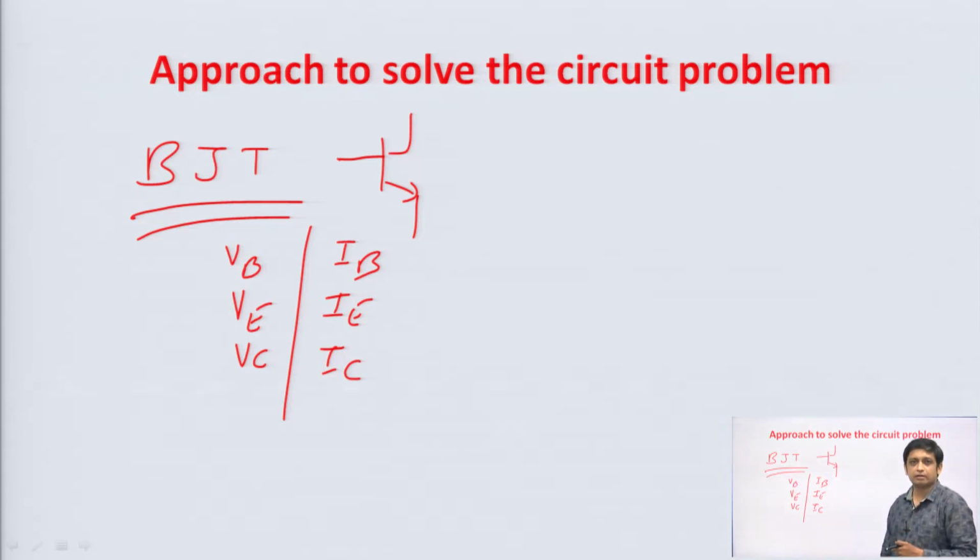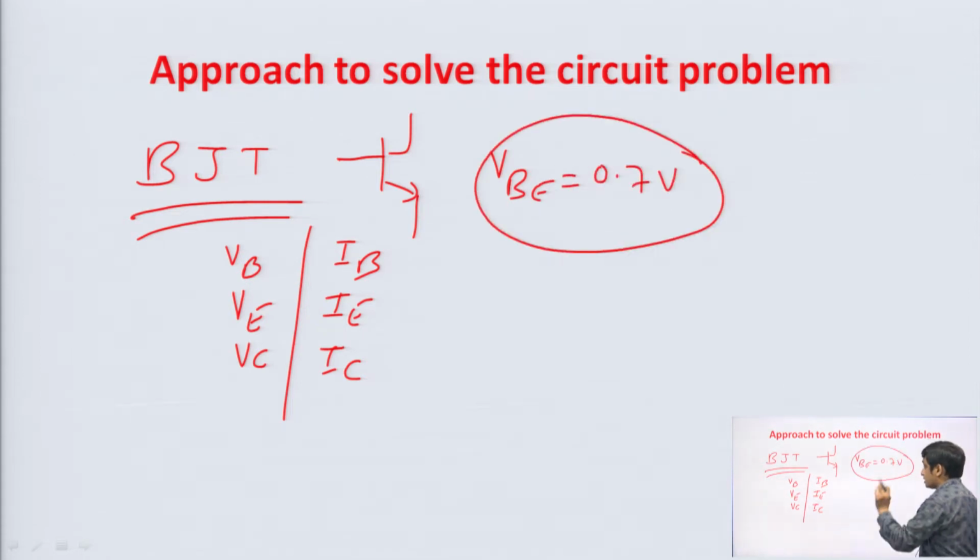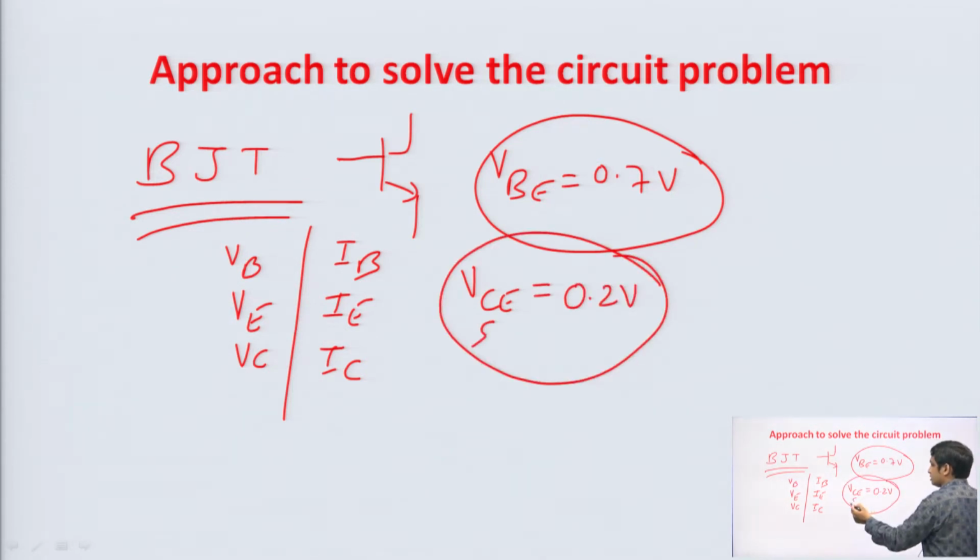The first thing is that BJT, it will be on when your base to emitter voltage is 0.7 volt. If it is less than 0.7 volt, then the BJT will be in cutoff region, obviously for silicon transistor. And if the BJT is in saturation, then for saturated transistor VCE is approximately 0.2 volt. And